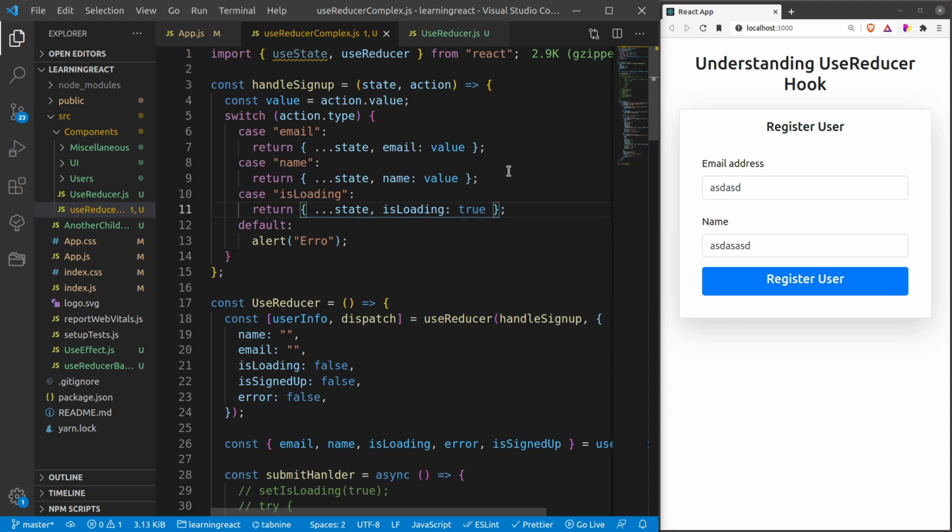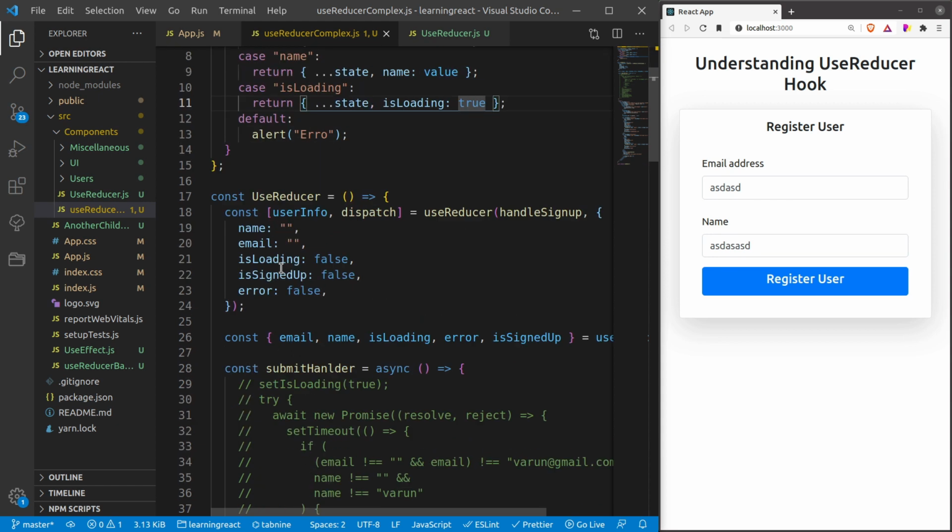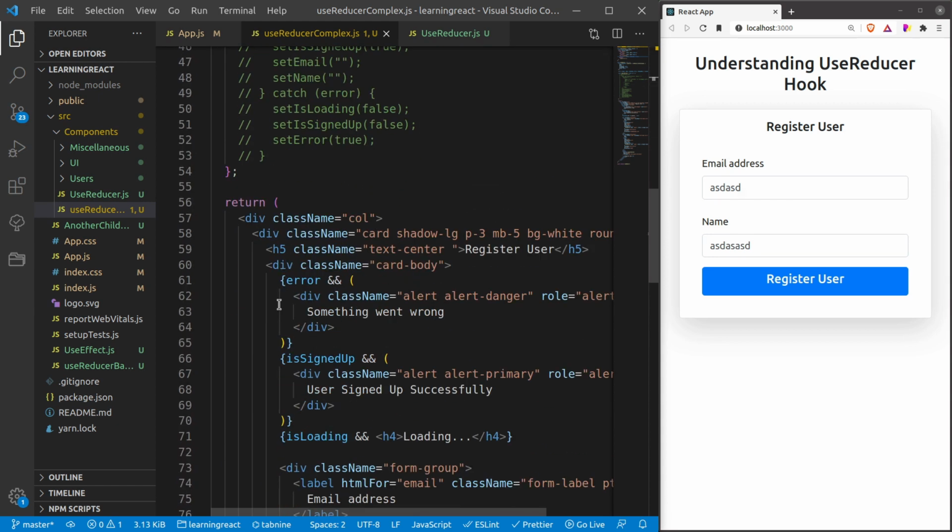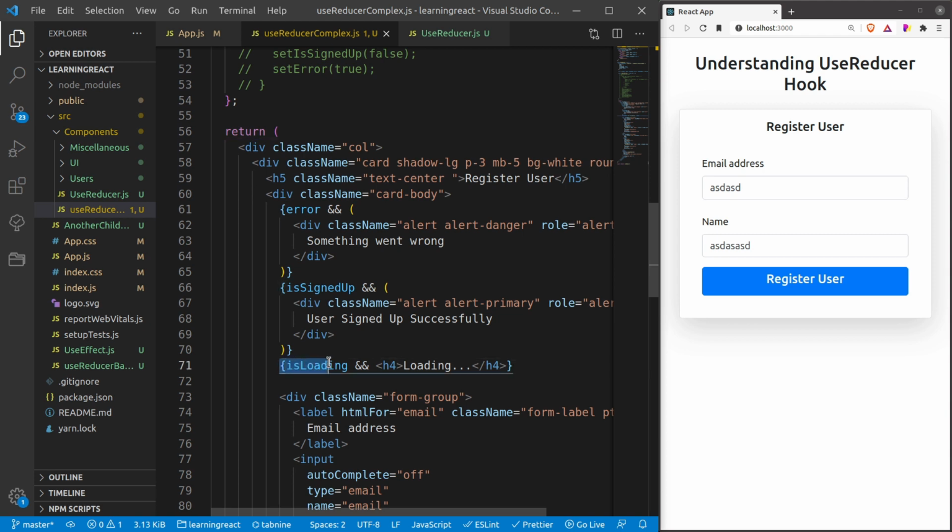Okay, so here also I am maintaining the immutability. This is the most important thing. And then I am saying that apart from this state, I just want to update is loading to true. So once is loading to true is there, it will show the loader, right?